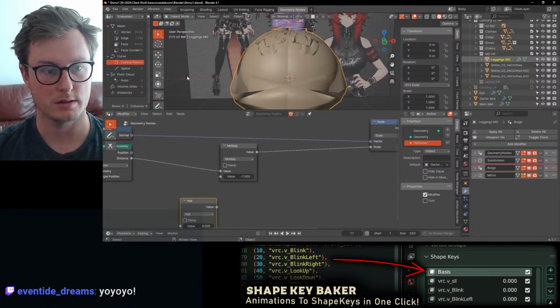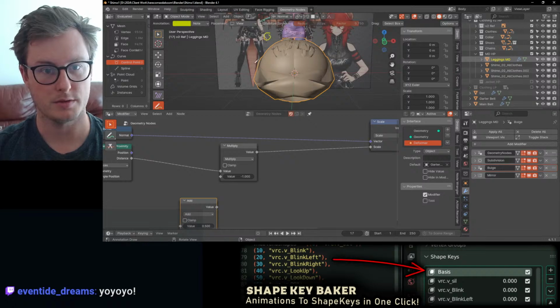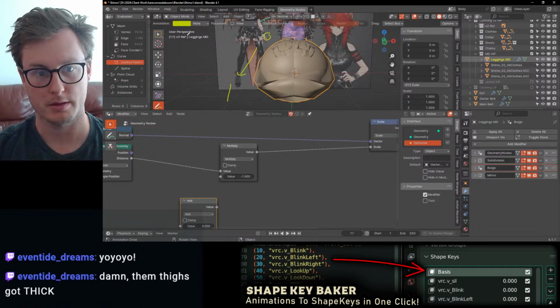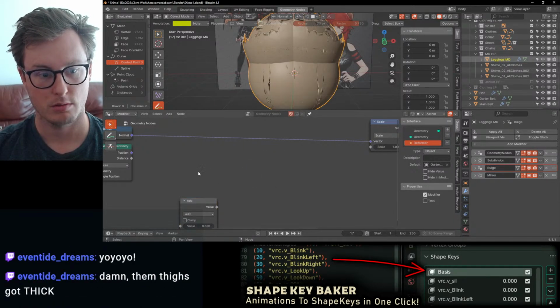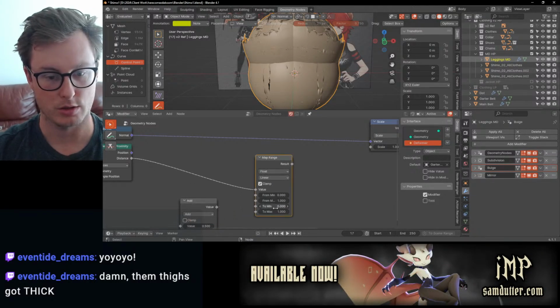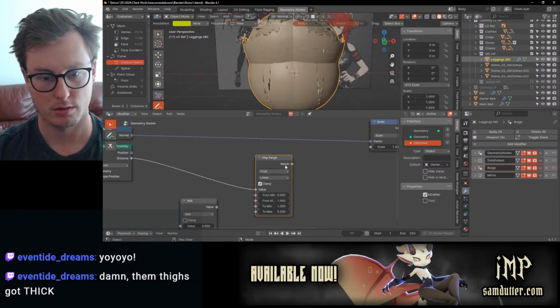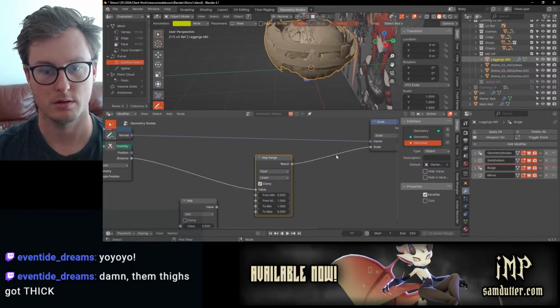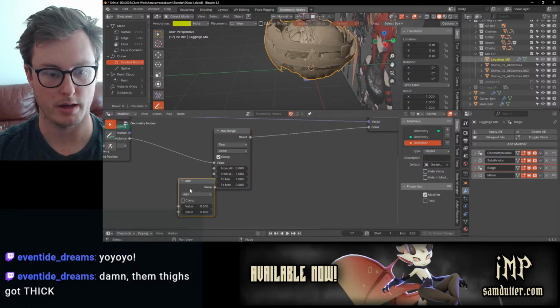Okay, so distance is a value of 0 to max, or 1. We'll just think of a range of 0 to 1. We want to flip this. So when I map the range, I do want to map the range, and I just want to flip these, 1, 0. Yes. Then we can multiply